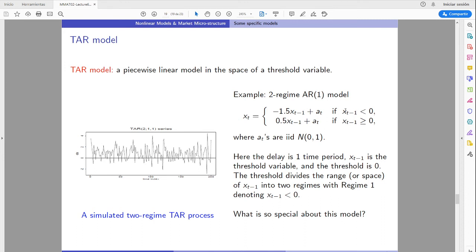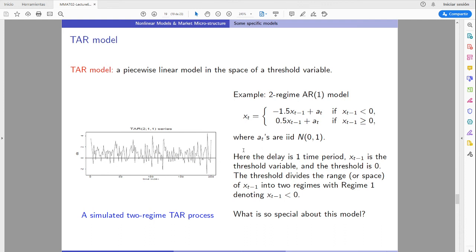So if the observation at t minus 1 was more than 0, we have this way to calculate the next one, and if the previous one was less than or equal to 0, we will go this way. These are normal 0 ones mostly. Here the delay is one time period, x of t minus 1 is the threshold variable, and the threshold is 0